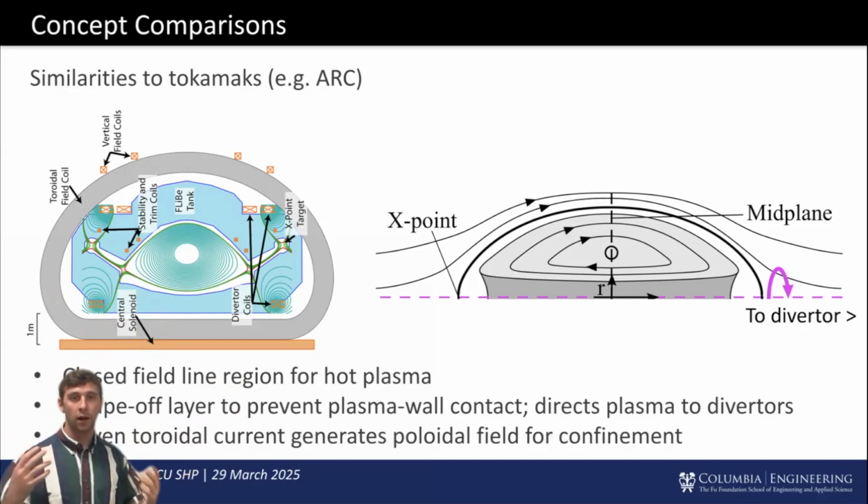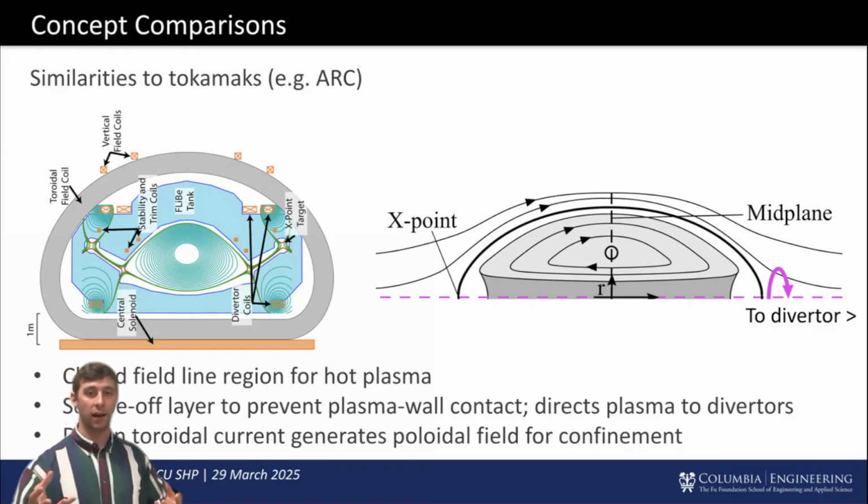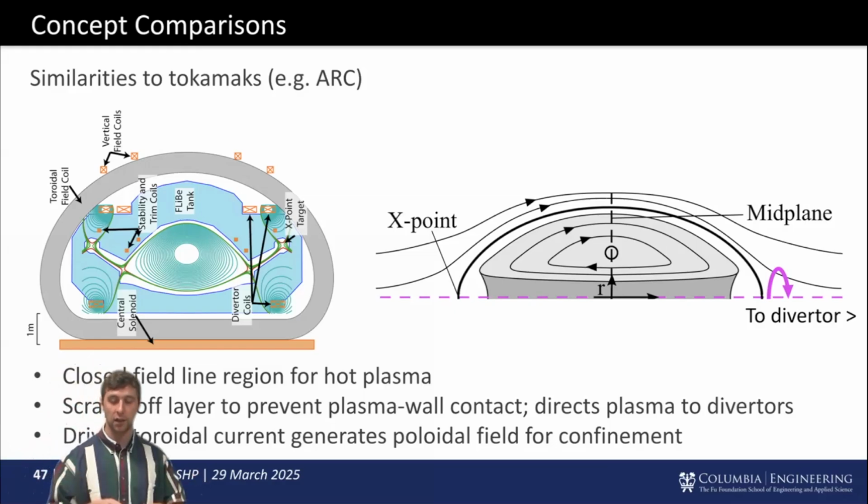diverter plates. Additionally, we have a toroidal current in both of these concepts that generates the poloidal field. So again, that's the field that creates these closed field lines, which improves the confinement. In the case of a tokamak, that's driven typically by a central solenoid that creates an electric field around the long way of the donut in the plasma. In the FRC, there are other ways because we don't have a central solenoid in an FRC to drive that